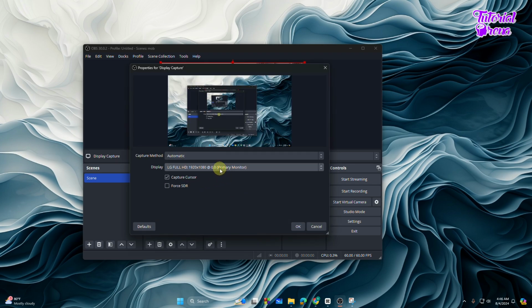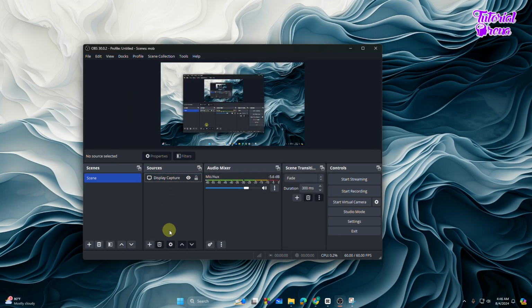If you have multiple monitors, you can select one of them. I have the primary monitor, an LG, so I will go with that. And if you want to share your mouse cursor moving, then you can just tick mark the capture cursor, then hit OK. And after that, if you have a webcam on your PC,